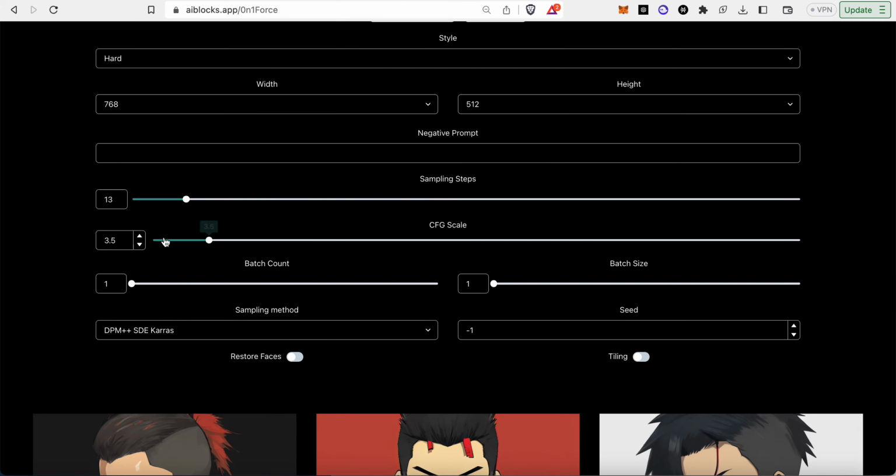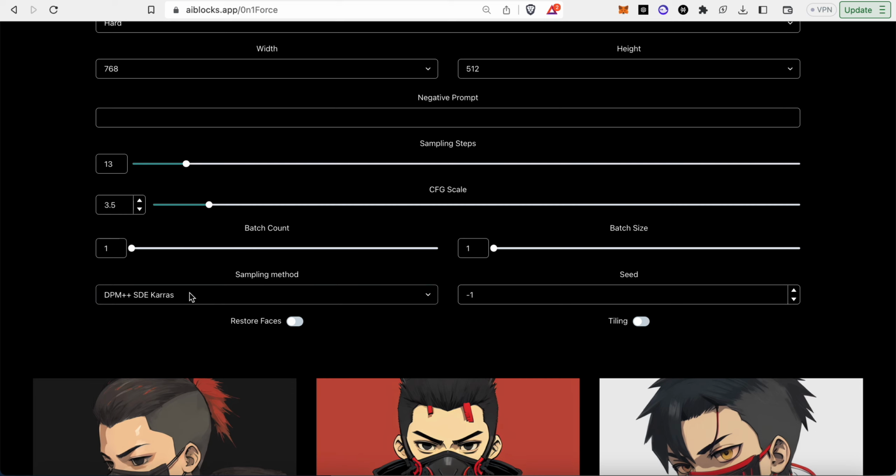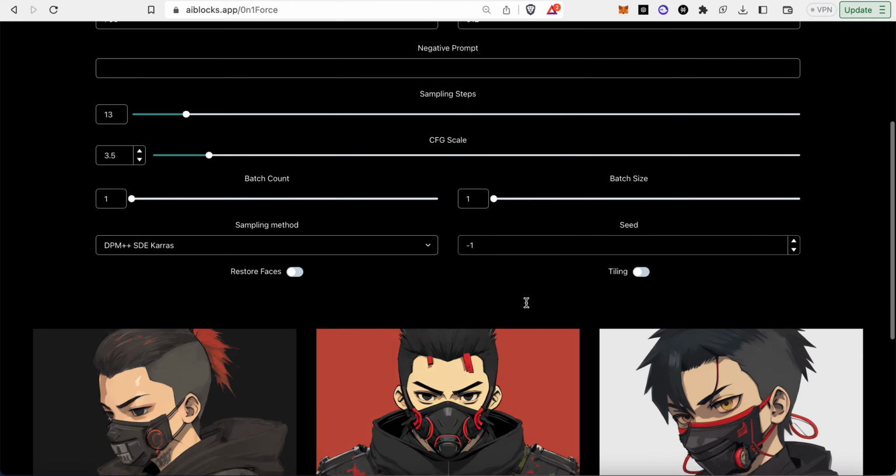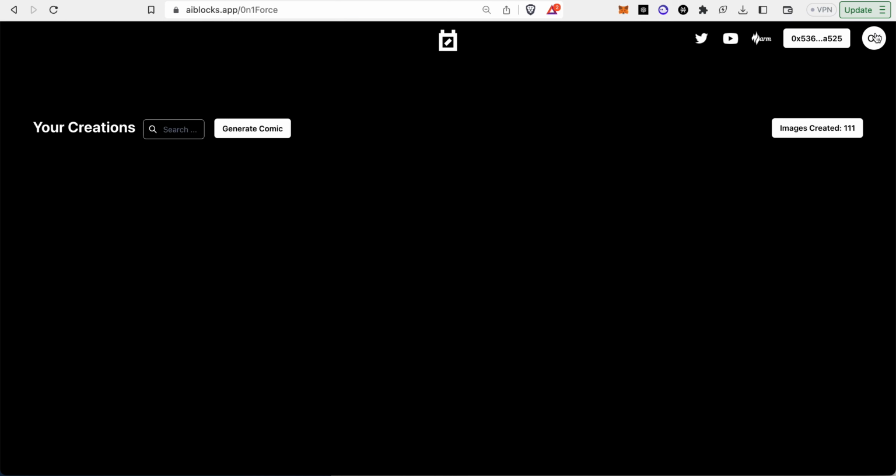The other settings in here, you don't really need to change your sampling steps or your CFG scale. You can if you like, but this has been fine-tuned to work well for this model. Same with sampling method. You can explore if you like, but this is the best one to use for this model. The seed, if you want to retain a specific style from an image, you can go to your creations,